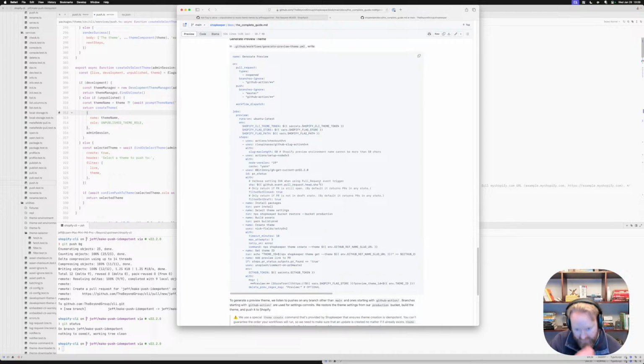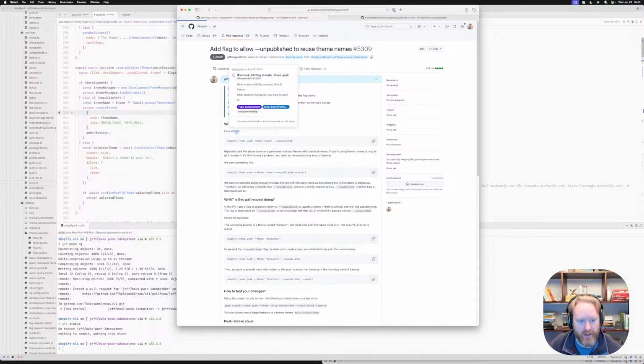What generate preview does is it takes a Git branch that you might have in your repository and pushes that code to Shopify. Pretty boring, pretty basic stuff generally. However, right here, we have an extra command that's been created. It's called theme create, and it seems like a kind of silly command, honestly, to be building, because we have theme push. However, theme push, as I talk about here in this issue,